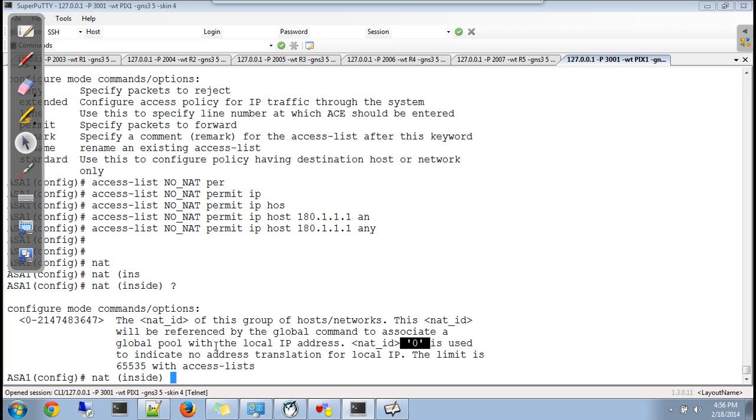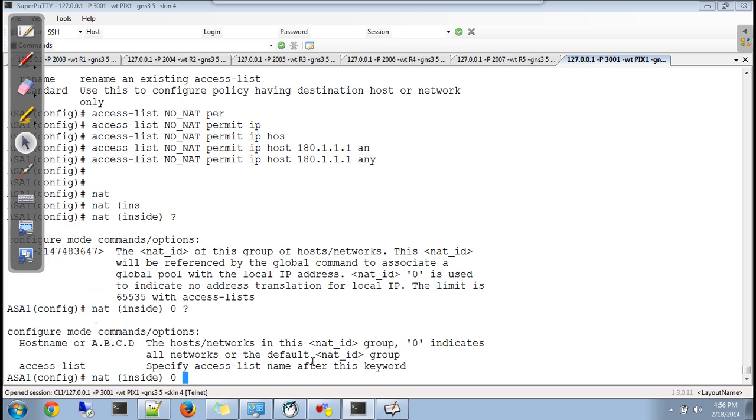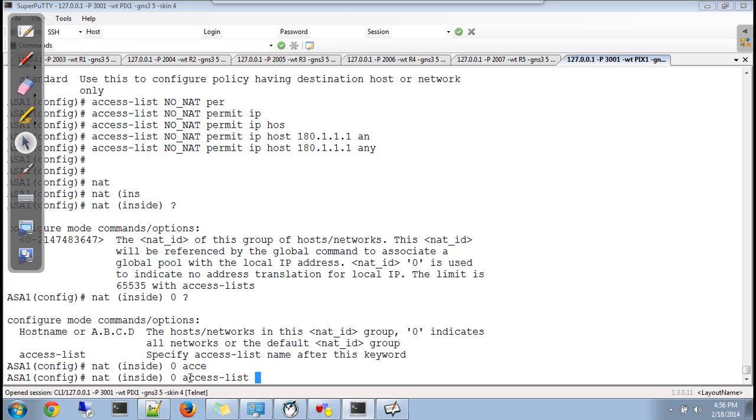Nat 0 is used to indicate no address translation. So we'll use 0. Which traffic? This traffic, which is selected by this ACL. So you can use access-list and give the name of the ACL.